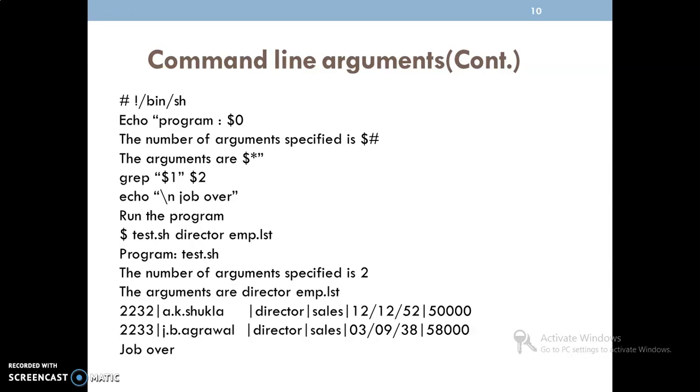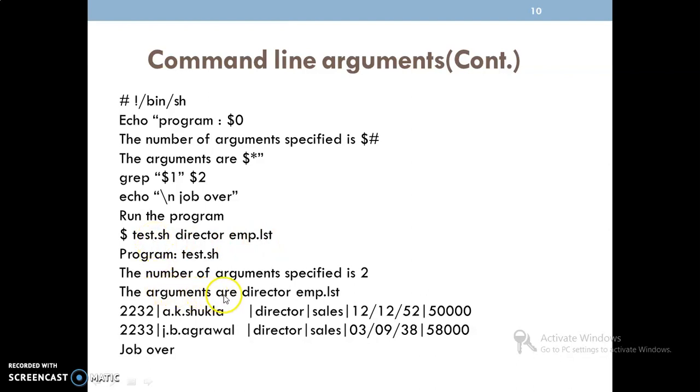With respect to this value, it is test.sh. Next, the second line, the number of arguments specified is 2, nothing but director and employee.lst. These are the 2 arguments we are passing to the program test.sh.